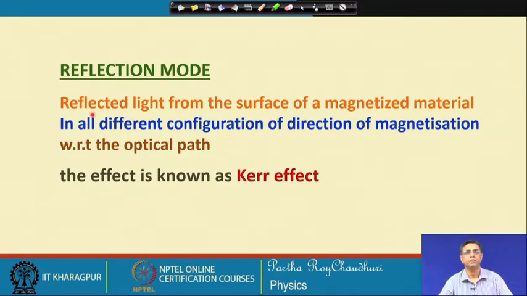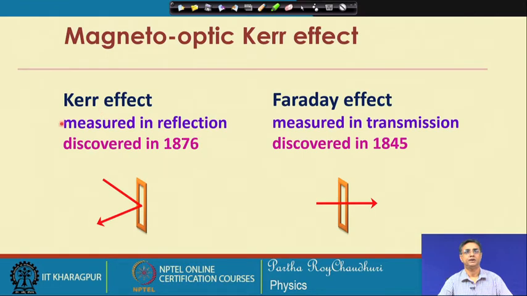So, in the reflection mode, now we have reflected light from the surface of the magnetized material in all different configurations of the direction of magnetization with respect to the optical path. This effect is known as the Kerr effect, the magneto-optic Kerr effect. You see, the Kerr effect is measured in the reflected light, and it was discovered in the year 1876. An incident beam is incident and is reflected in presence of the magnetic field, which is intersecting with this material,